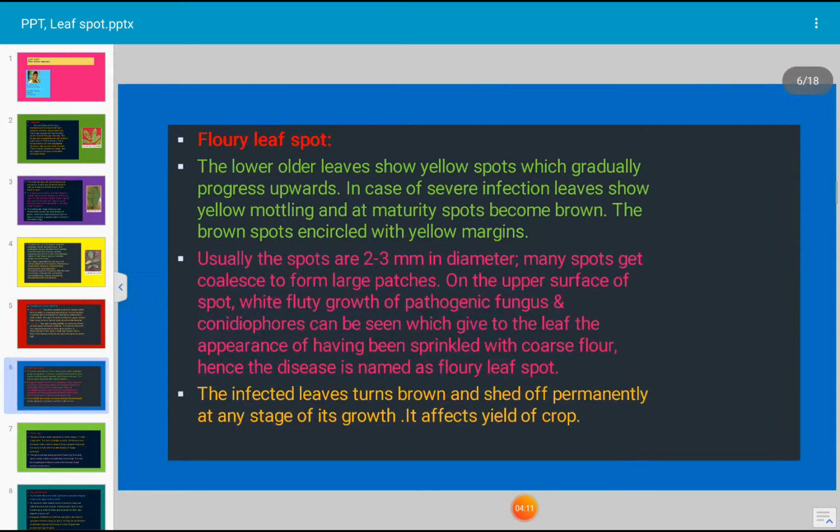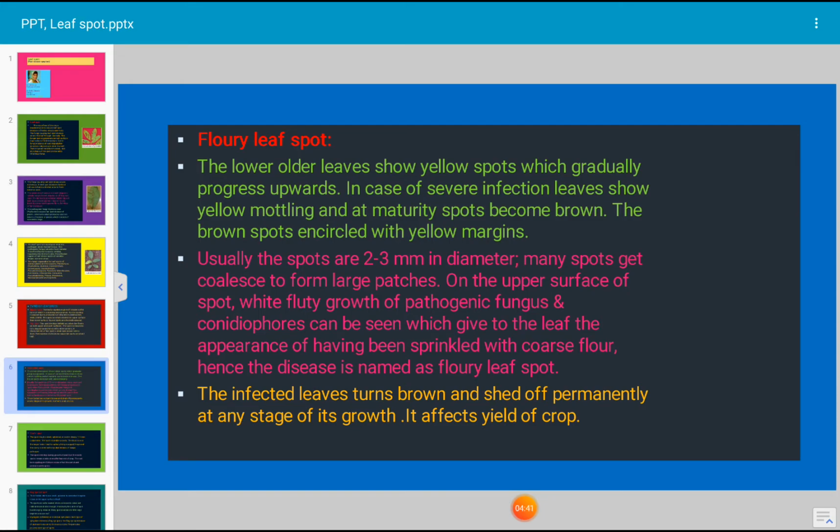Another type of leaf spot is flowery leaf spot. The lower older leaves show yellow spots which gradually progress upward. In case of severe infection, leaves show yellow mottling, and at maturity, spots become brown. The brown spot is encircled with a yellow margin. Usually the spots are 2 to 3 mm in diameter. Many spots coalesce to form large patches.